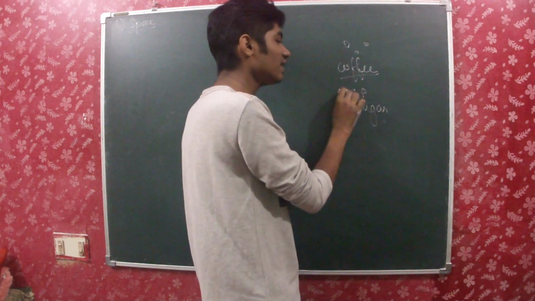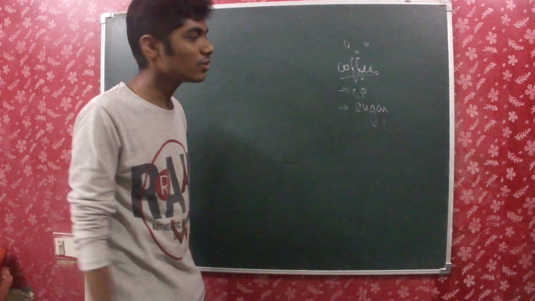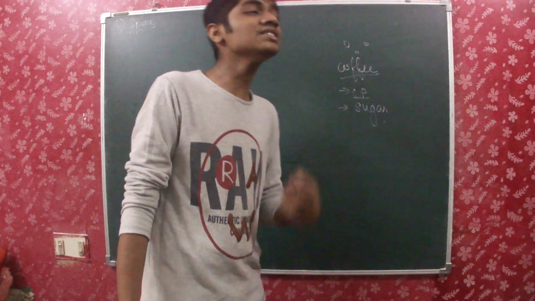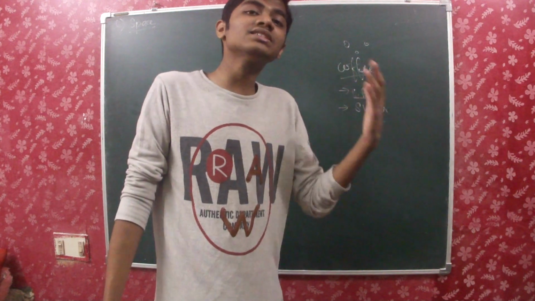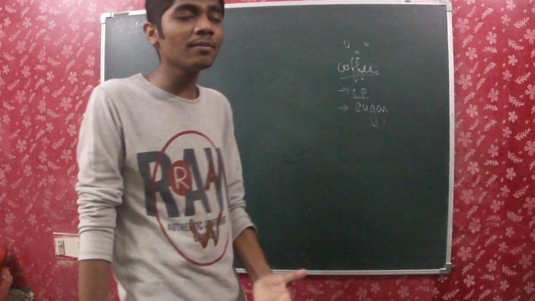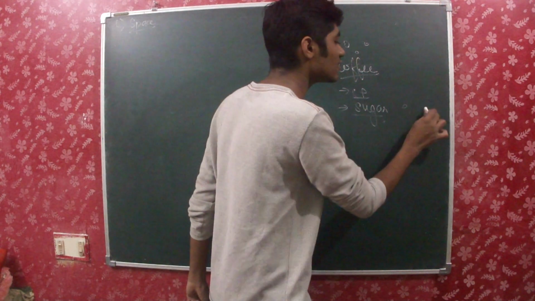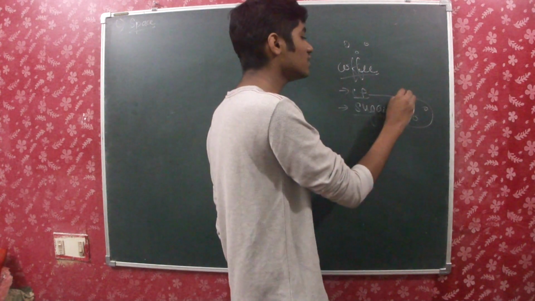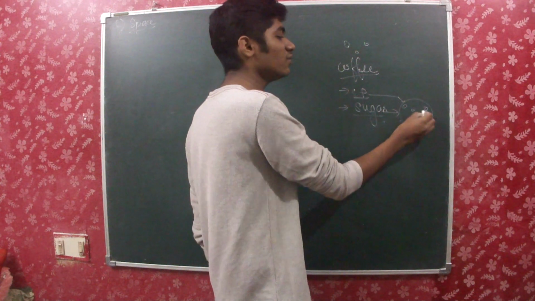What are the two main ingredients for coffee? Coffee powder and sugar. So coffee powder will have a lot of crystals and each crystal will have a lot of constituent particles, and sugar will have a lot of crystals and each crystal will have a lot of constituent particles. Am I right? So only if there is sufficient space between the constituent particles of sugar, you can put these particles of coffee powder in between them.